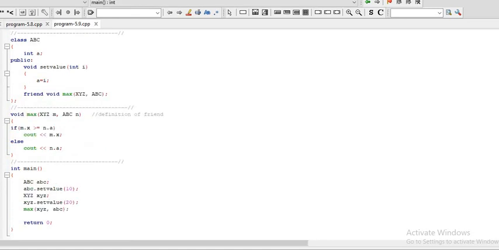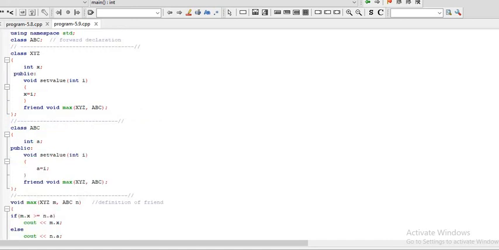So we have another program here, class ABC, and look at this, line number 24, friend void max XYZ comma ABC. Look at line number 3, your forward declaration, which we already discussed, but I am giving another simple example here.